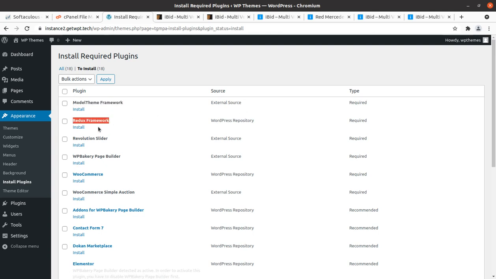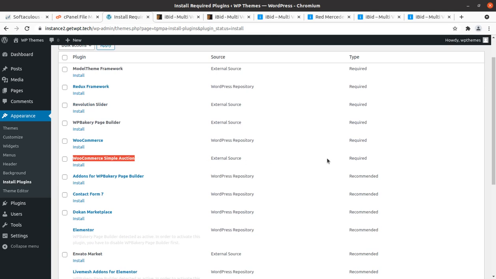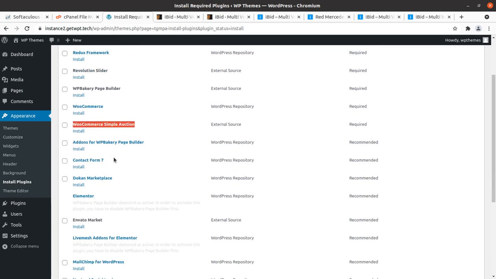It is being used in the theme. The framework is Redux. It is a great framework. Of course, Revolution Slider is coming from an external source, along with WP Bakery Page Builder and WooCommerce. These are the required plugins, along with WooCommerce Simple Auction. So this is the list of required plugins,